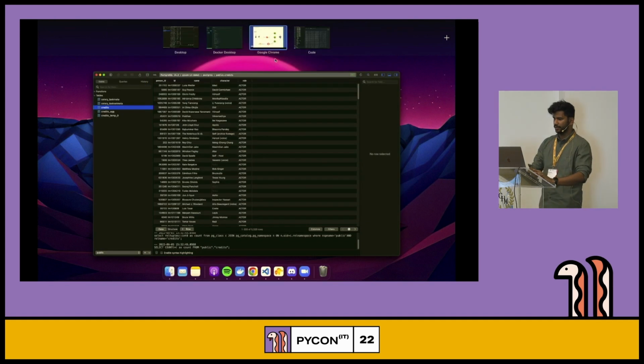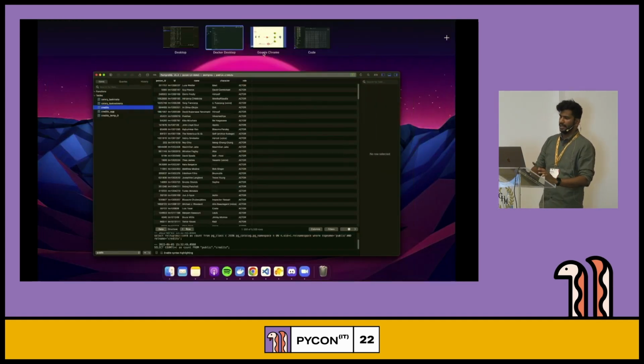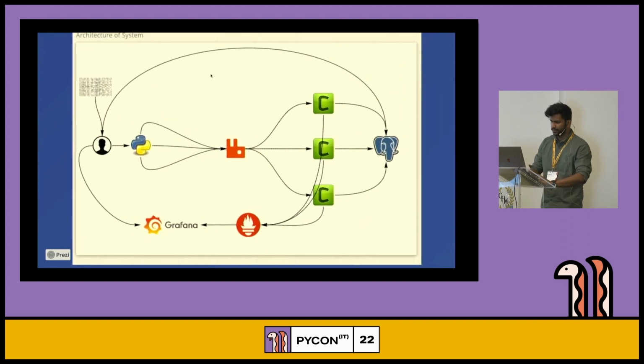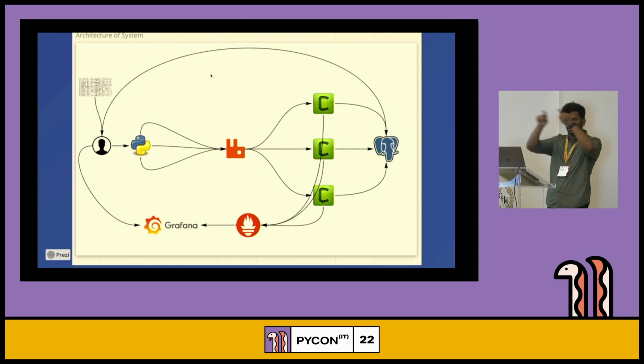So this is one demo, and if you pay attention, from RabbitMQ to the Celery worker, if you put a box over it and name it Airflow, it's the same thing that Airflow does.